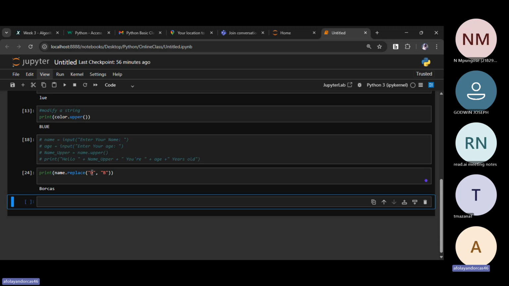Like in data science, if you want to replace a particular column name, you can get the name of that column and replace it with another name. That's all about strings for now. Please go and learn more about it.